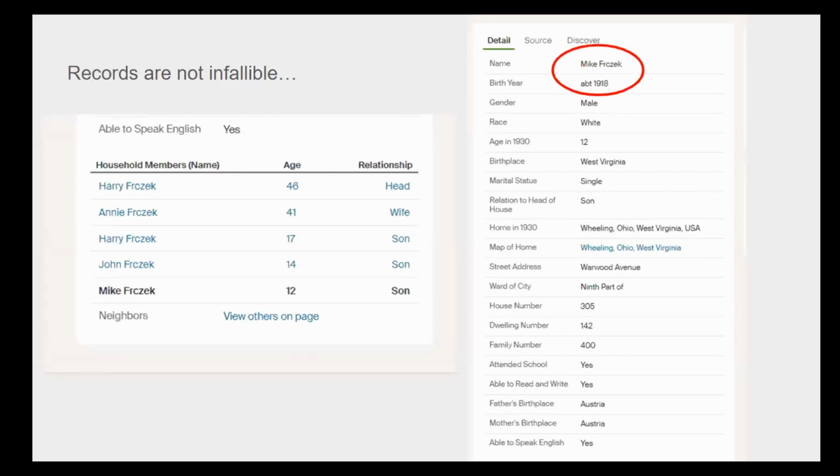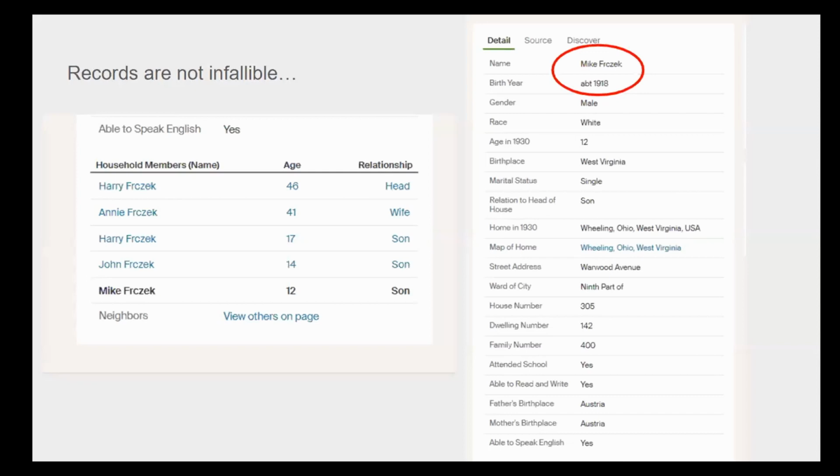The information that was recorded was only as reliable and accurate as the person who was transcribing or providing it. So it's important to evaluate each record and correlate the information with other records that you found. It will be really common to identify misspellings, especially in these older documents where spelling conventions weren't as standardized